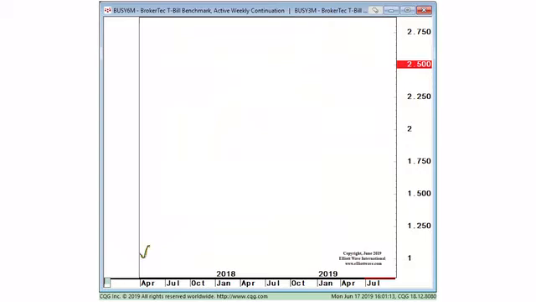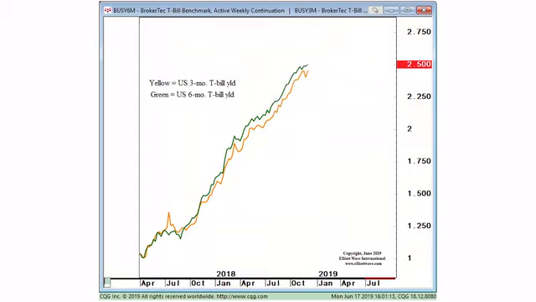Well, the answer to that question is simple enough to show you. Here we have U.S. Treasury bill yields. The yellow line is 3-month T-bill yields. The green line is 6-month T-bill yields. Here's the rate or yield for these T-bills. Next, we'll introduce a third line or rate, which will be especially relevant after I mention a couple of facts